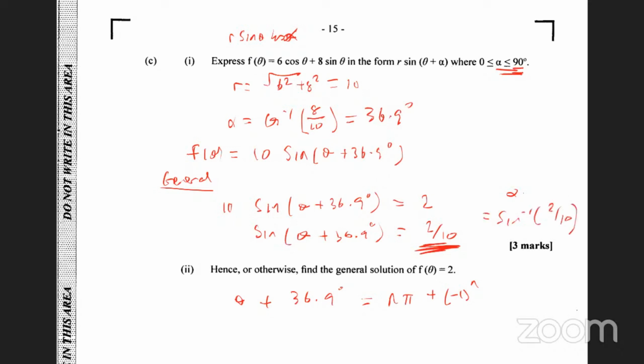And then you stop. What is sine inverse of 2 tenths? 11.5. So when I reach here to the top, if you go further and try to solve it, then that's not general solution anymore. Okay, so you can leave it like that, or you could say theta is equal to n pi plus minus 1 to the n, 11.5,